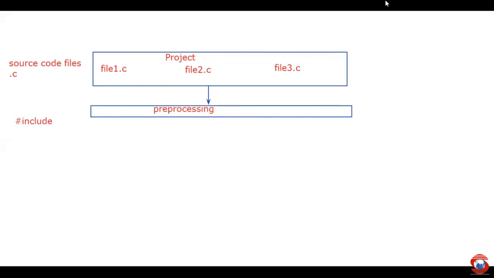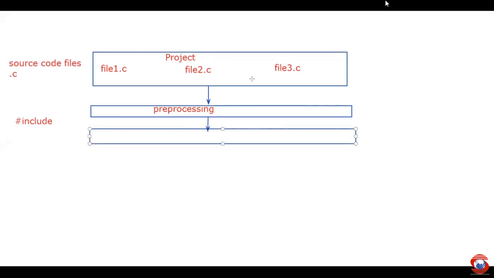So I am saying मेरे program में hash include stdio.h आ गया, hash include stdlib.h आ गया, means my code has been expanded now. Expanded means its size gets increased because I have brought the header files in my program. So once I receive the expanded code, that expanded code is given to the compiler, and that is your GCC